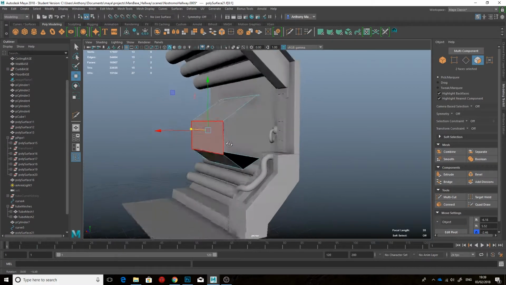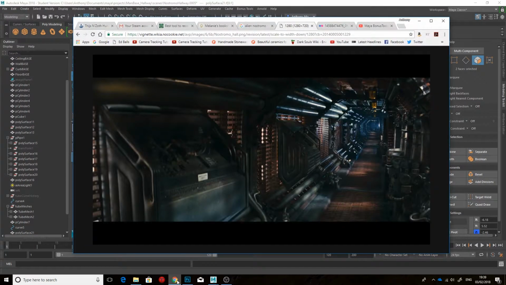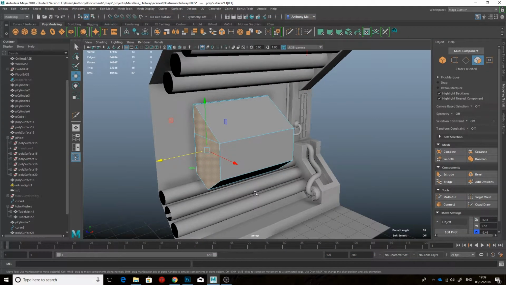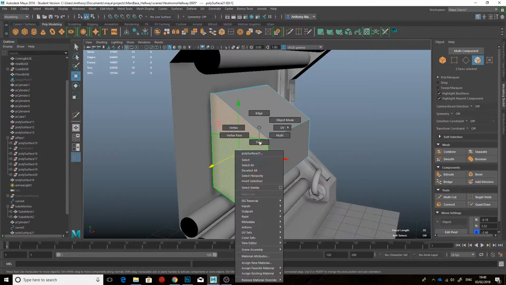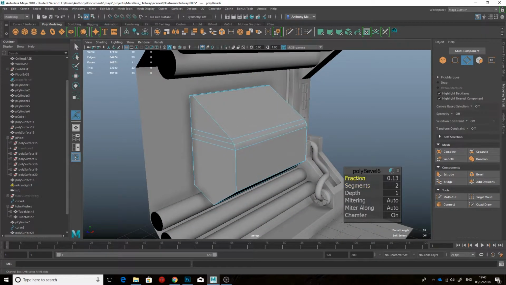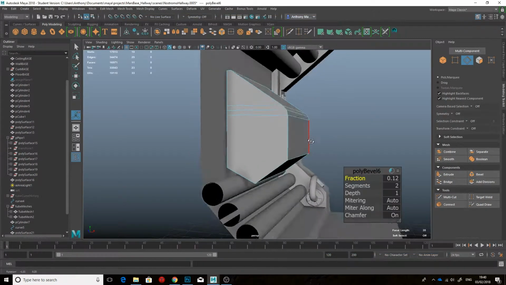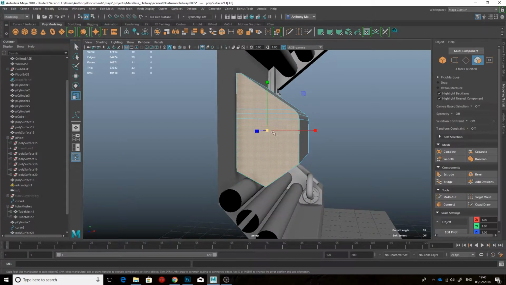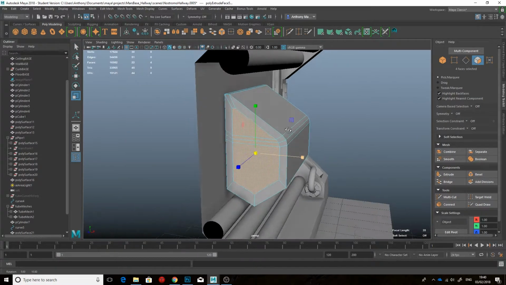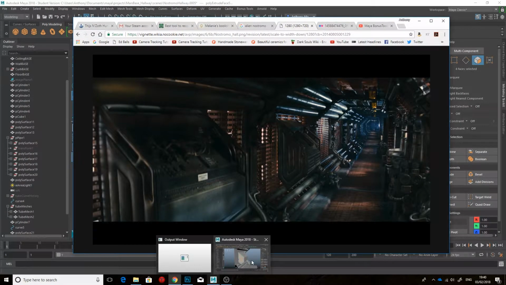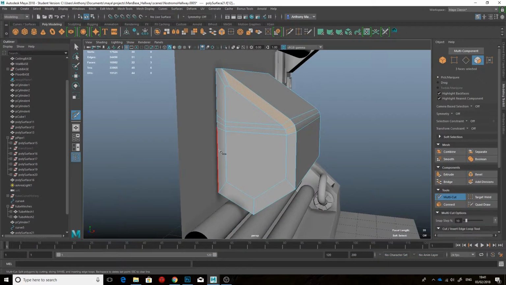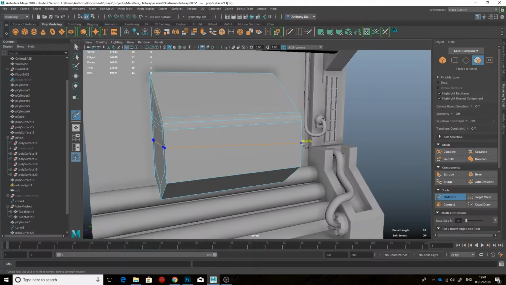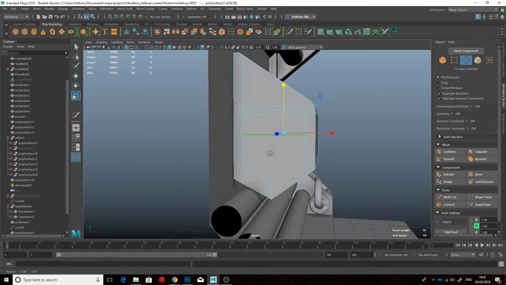So again, just blocking out the rough form and profile. And once I get to the point where I'm happy with that, I figure it needs a gentle curve going around it, so I use a bevel to get that shape, and then I extrude that bit in, and I'm going to use that as a basis to build the slightly more complicated part. It's not like a handle, it's got some holes in it. You'll see when I model this, but I found it quite tricky,